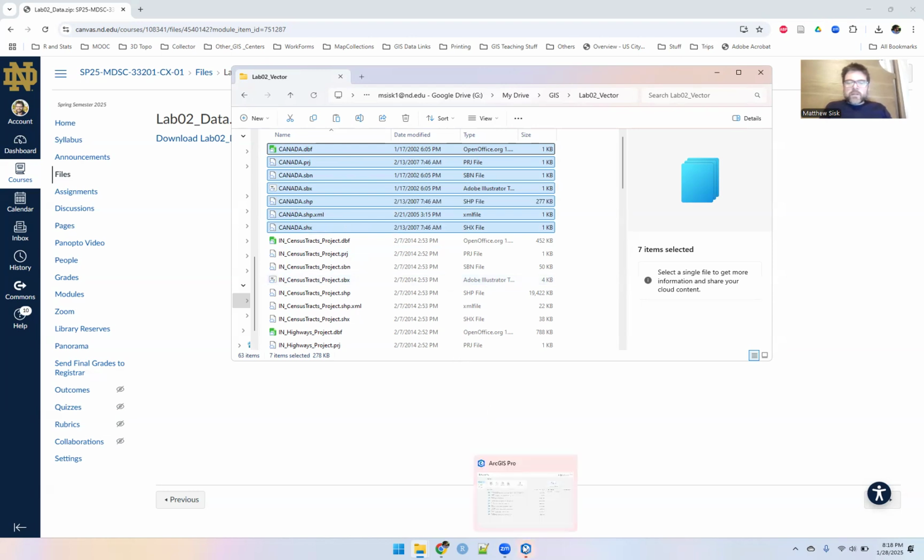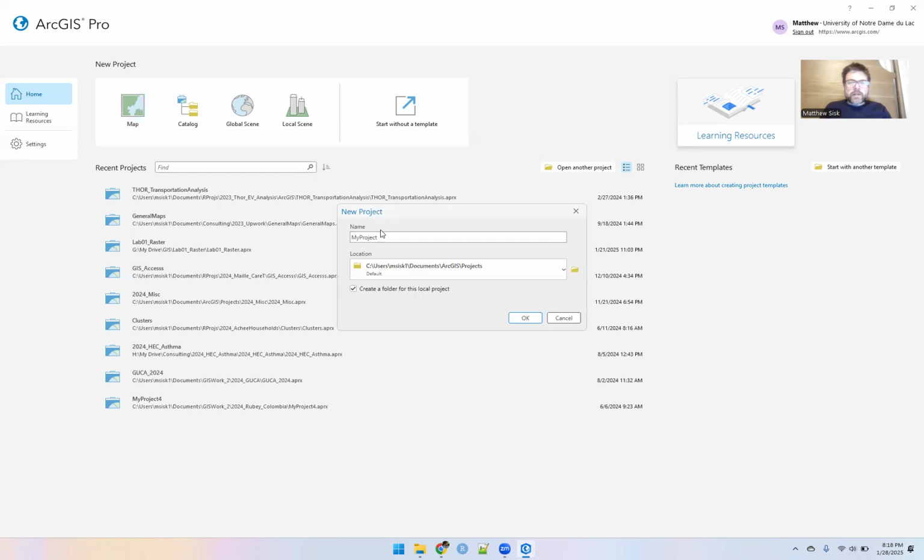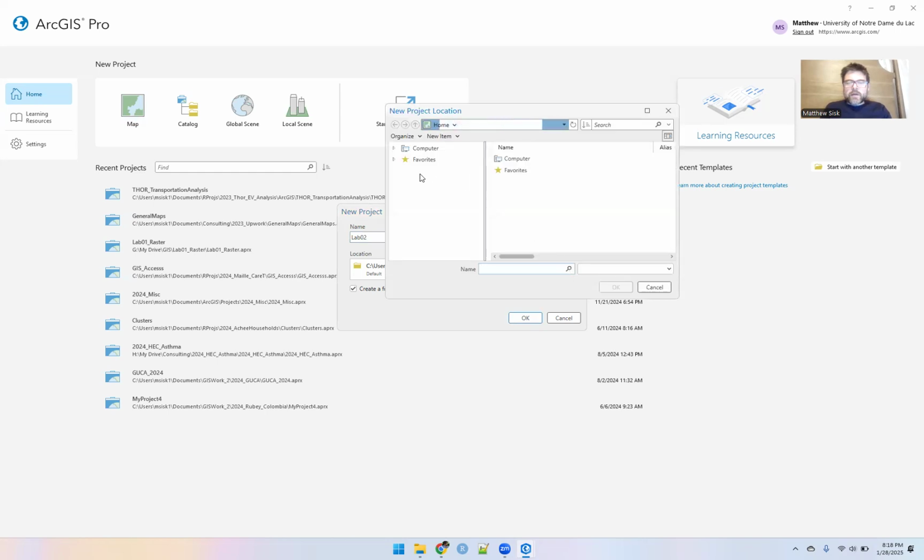So I'm going to switch back over to ArcGIS. Remember what we have done before. I'm going to create a new project for this week. I'm going to do map. It's going to ask me to give it a name. I'm going to call it lab 02. And rather than send it to the default location, I want to make sure I'm saving this permanently. So I'm going to bring it over to my Google Drive,